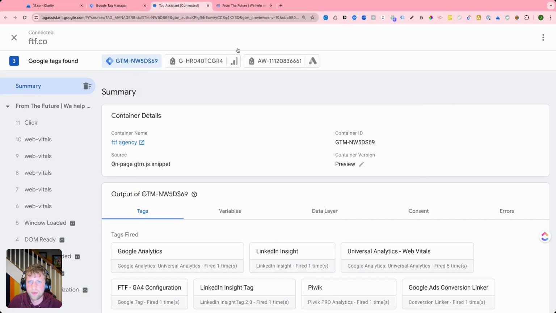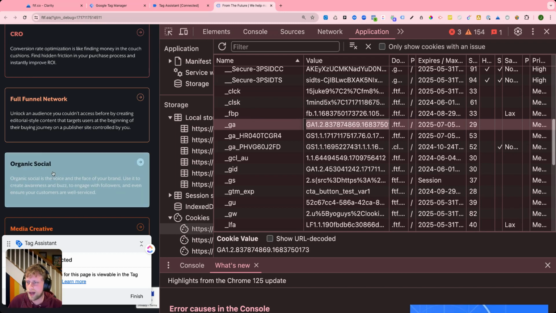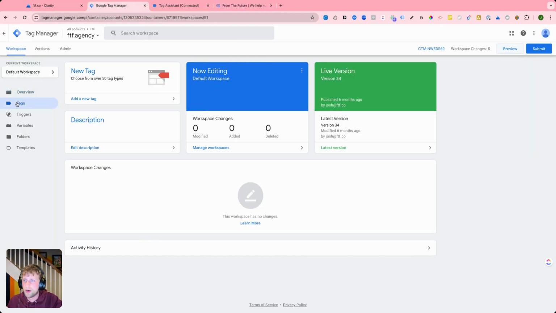So an example of this would be, on our website, on FDF, we have a couple of different options here. We can build a first party cookie, and we have this GA ID, which is our Google Analytics ID. Say we want to build that as our user ID or custom user ID. We can go into, so